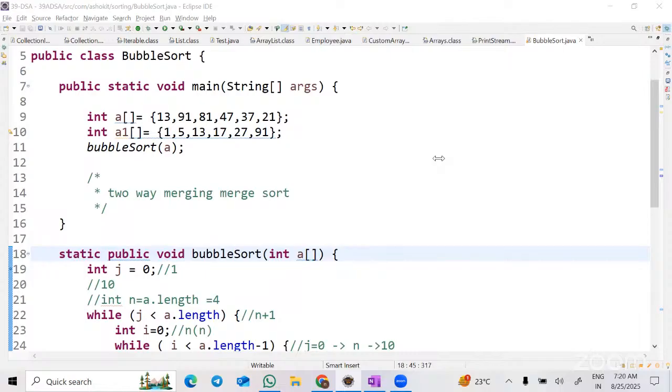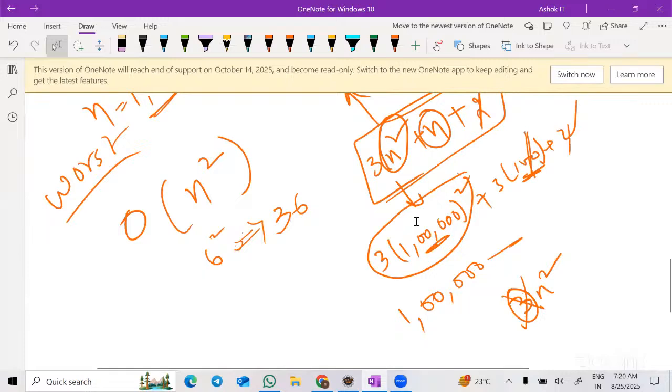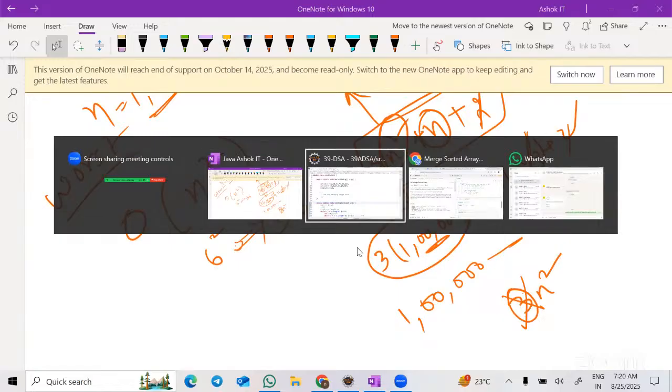Sir, what is meant by that big O? Have you joined the previous classes, or is this the first one? I joined the previous ones, but I joined lately. Okay. So time complexity, whenever you are representing it, is nothing but the time taken